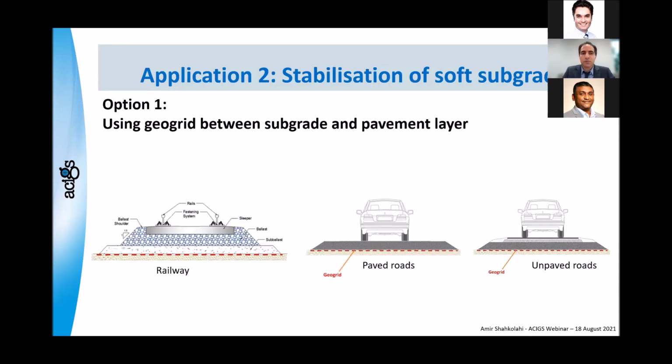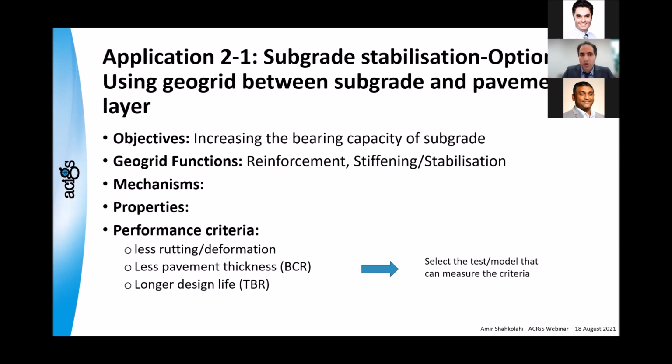Application two is when we want to stabilize the subgrade. So we are not talking about the gravel or stabilizing the gravel. We want to stabilize the subgrade. So it means we put the geogrid, sometimes in the same location, but the objective here is to increase the bearing capacity of subgrade. So we can see the location of geogrid can be the same, but the objective is different. That is the important one, what we want to do. That's why I said the first step to start our study is to see what we want to achieve. Then we can decide and then we can analyze the outcome.